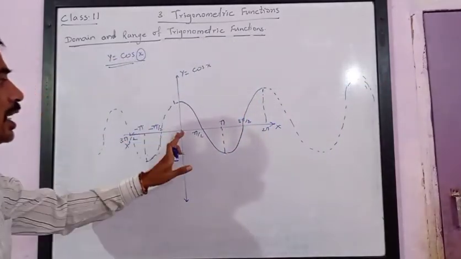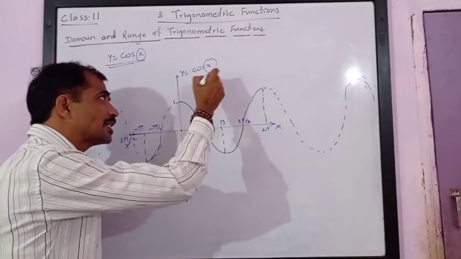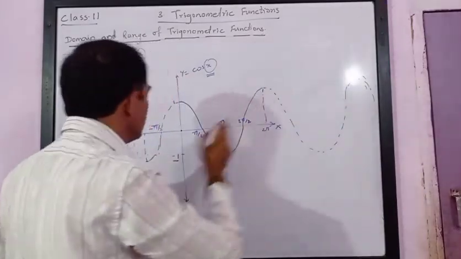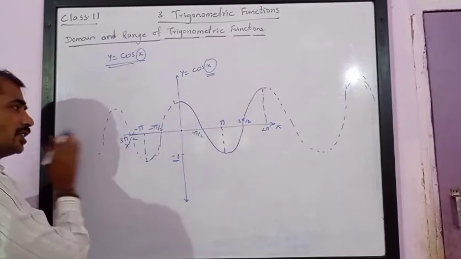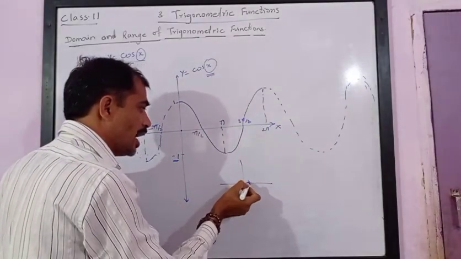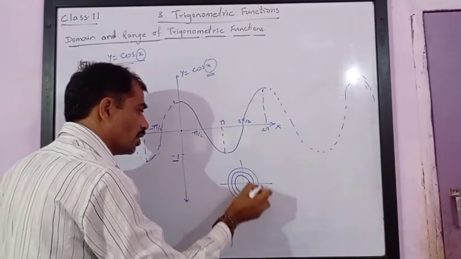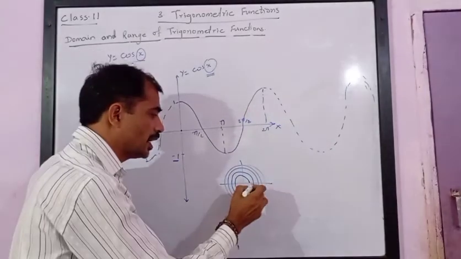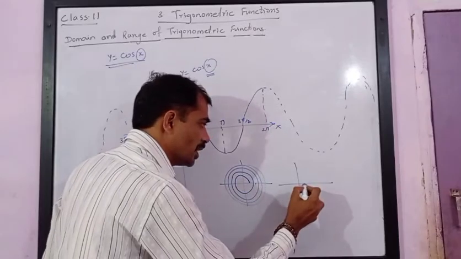So you will understand cos x exists for all types of angles. So x can have any angle, from 0 to an extremely large angle as well as an extremely small angle in the negative direction. We have studied that angles in the anti-clockwise direction are positive. You can take any angle and go on rotating. It can be up to very large angles. If it is taken in the clockwise direction, then it becomes a negative angle.